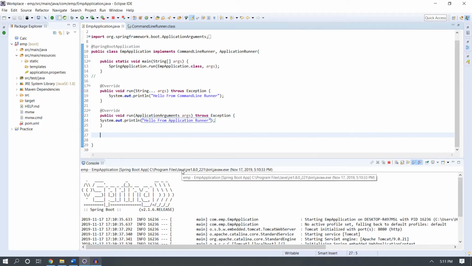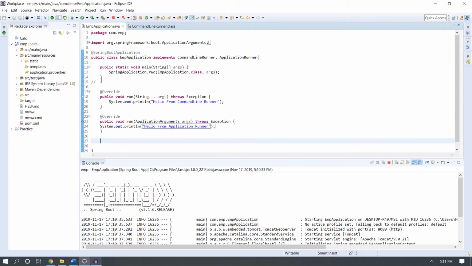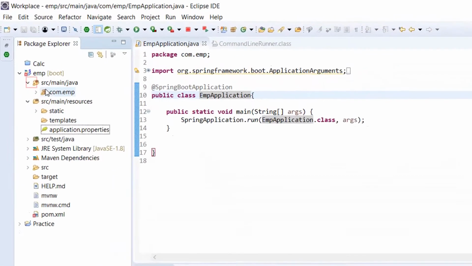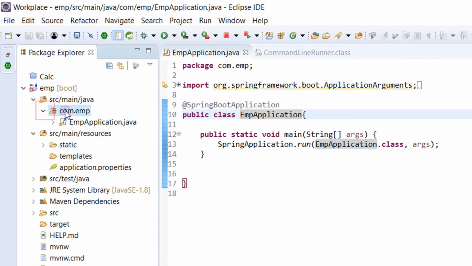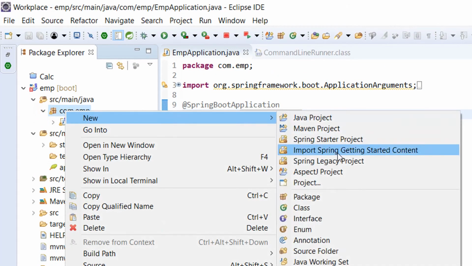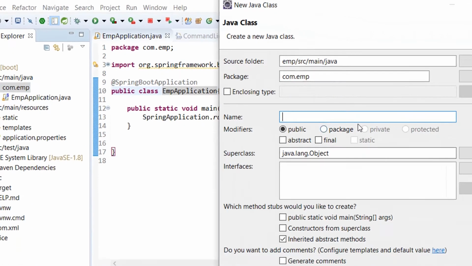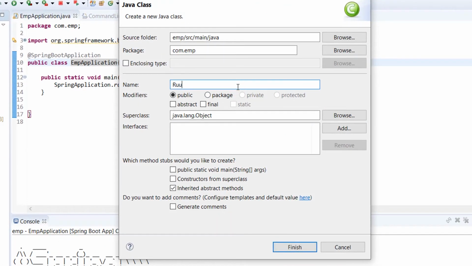And our second approach for using this runner was using beans. So what I'm going to do is delete these things first, and delete these things also. Now we need to create another class and implement this method inside it. We have this package, and inside this package I'm going to create a class called Runner, and I'm going to implement